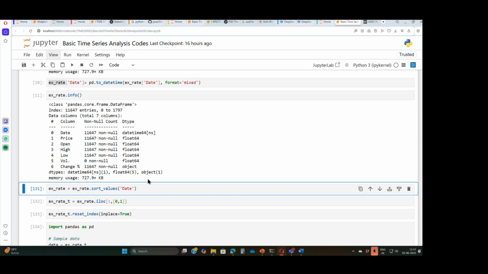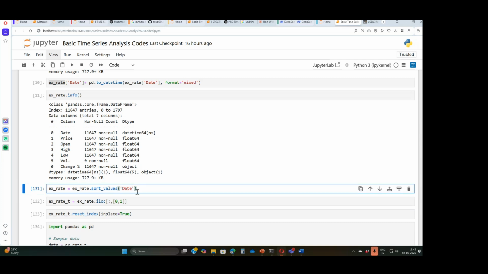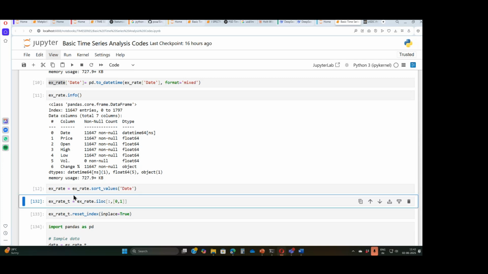Another very important thing which we should not take for granted: because I'm clubbing 3 files, I wouldn't know in which order I club them. So I will first sort the data in ascending order. I'm going to say exchange rate sort_values based on date, so automatically it will be sorted in ascending order.